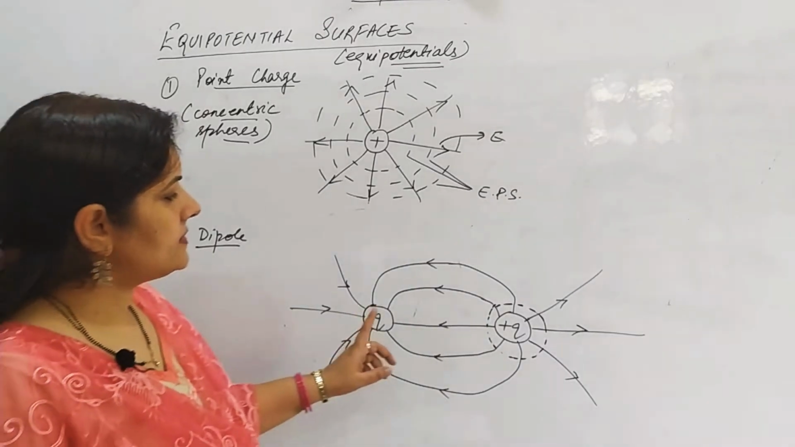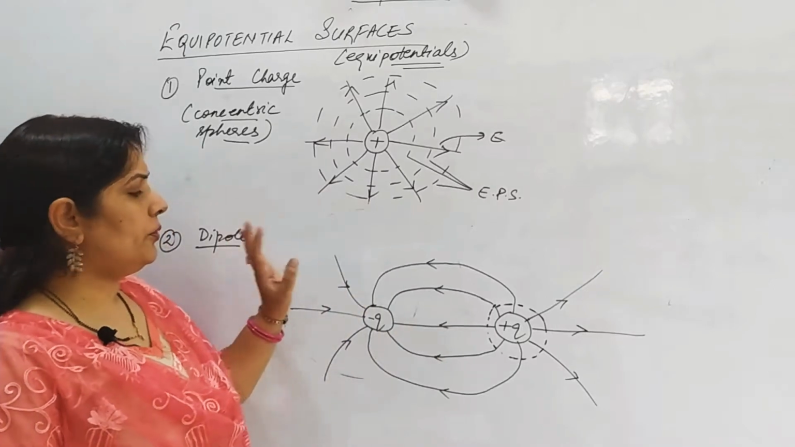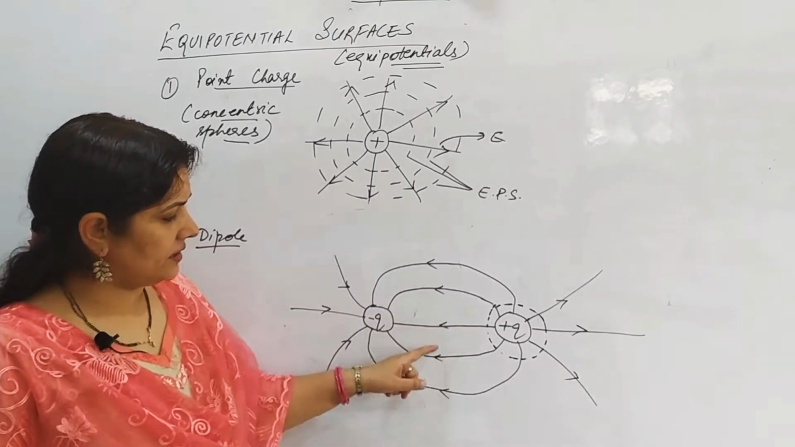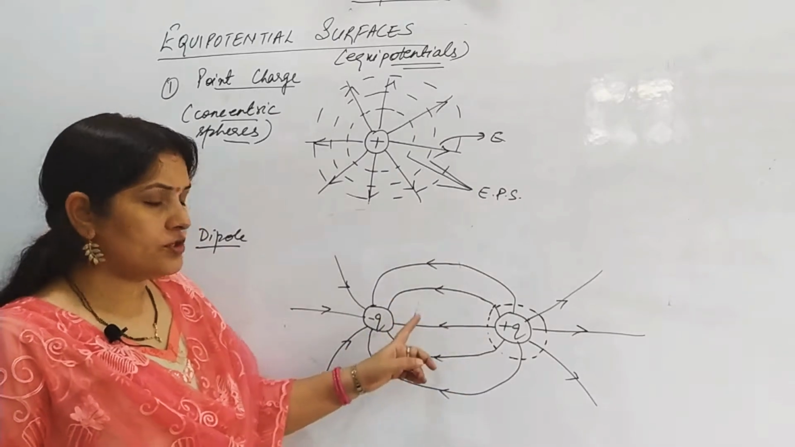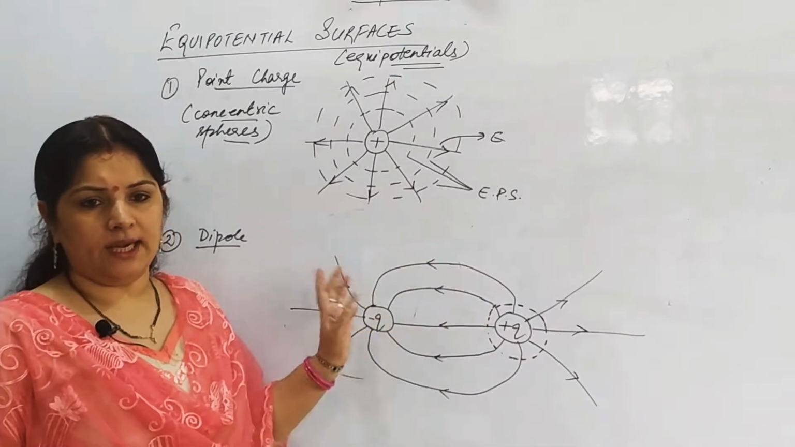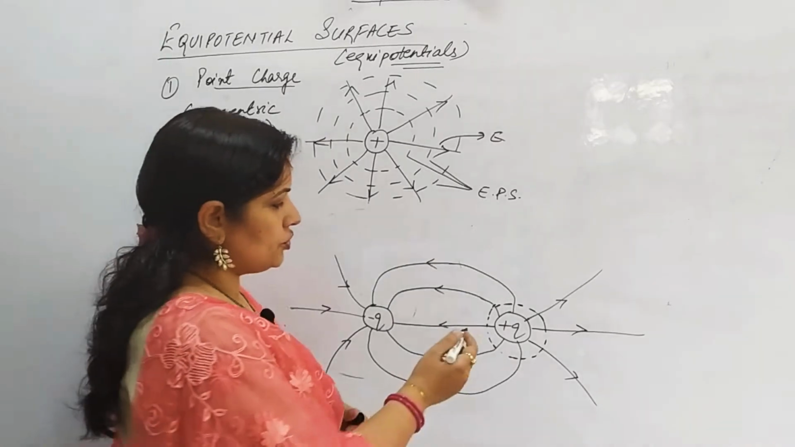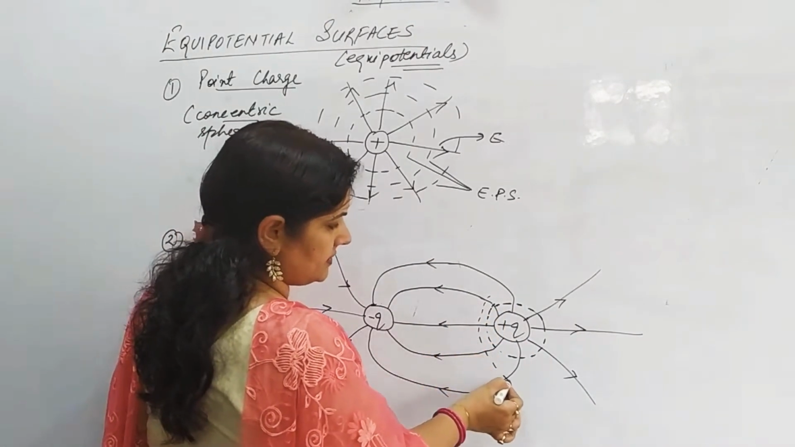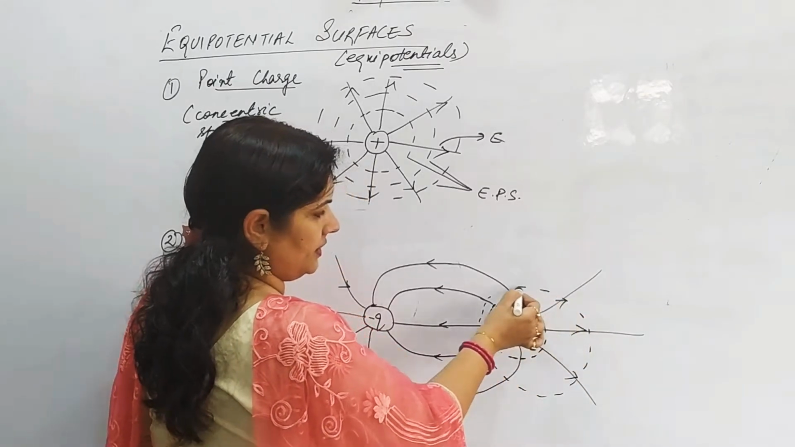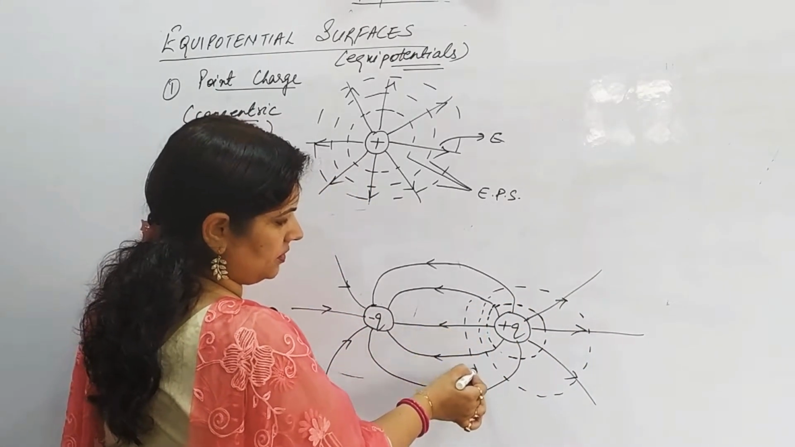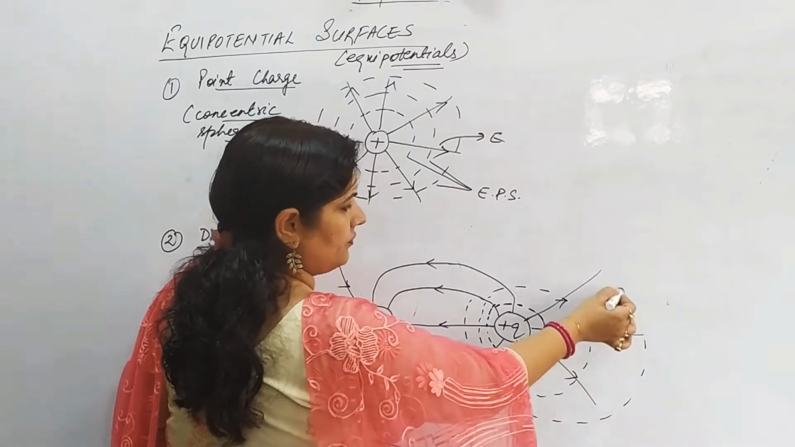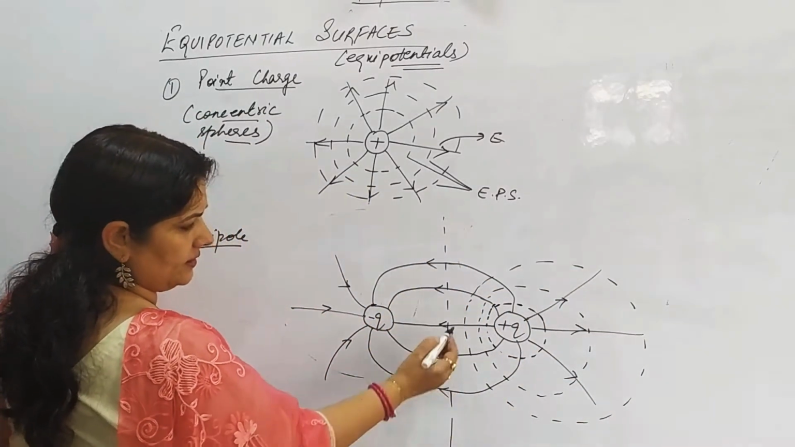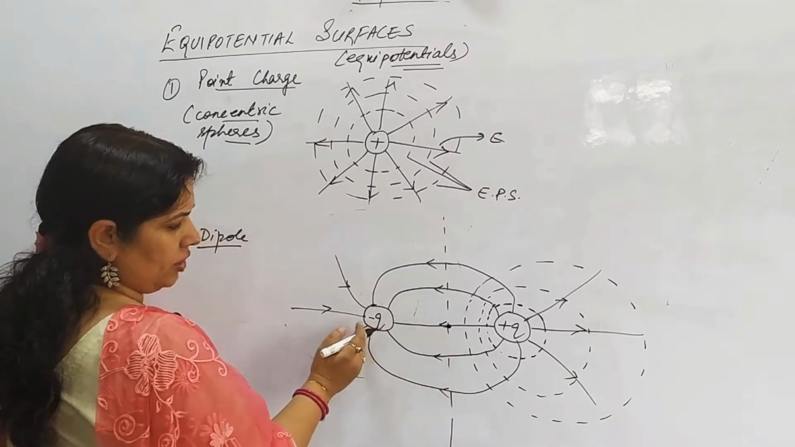Now we'll discuss the equipotential surfaces due to a dipole. These field lines are the electric field lines originating from the positive charge and ending at the negative charge. This is the first equipotential surface. This would be the second equipotential surface. This would be the third equipotential surface, and there will be a point at the center, because the potential